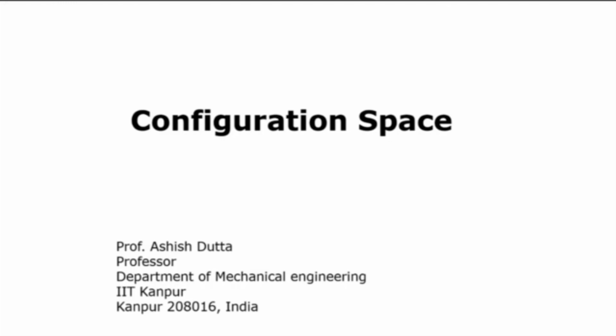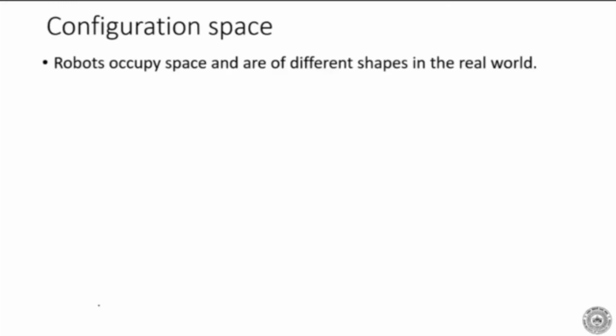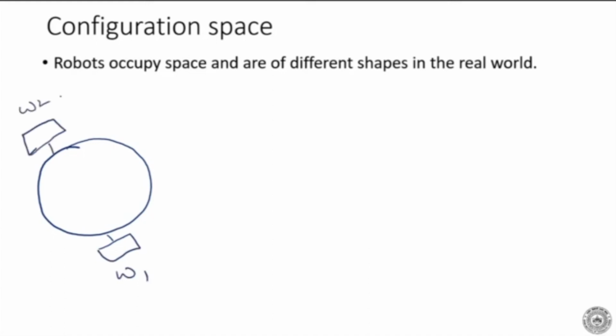configuration space. We have seen that robots occupy space and are of different sizes and shapes. For example, we can have a circular mobile robot with two wheels, with omega 1 velocity on one side and omega 2 velocity on the other, and a caster wheel in front. So this is one robot,